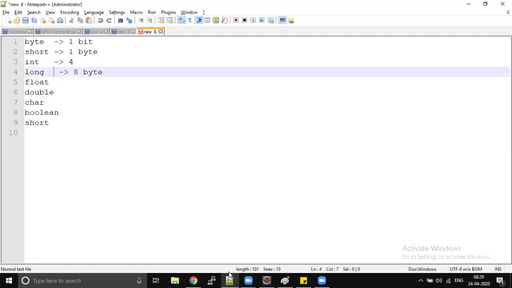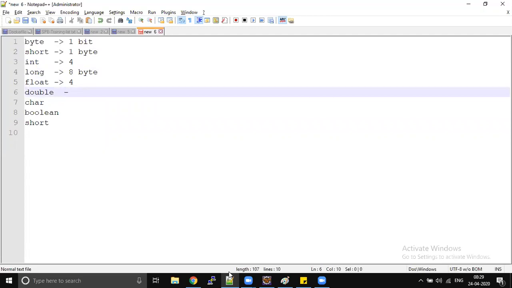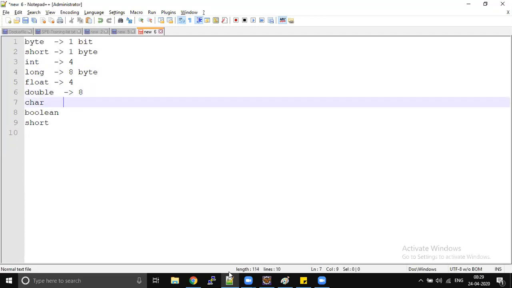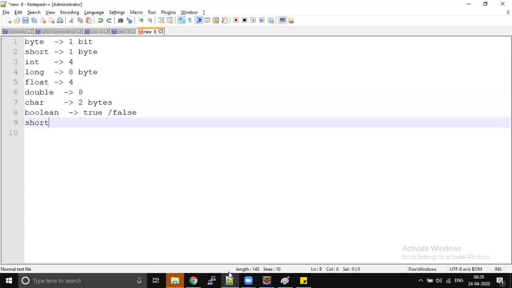If you are using floating type, then 4 bytes. Double, it's again 8 bytes. Char, again it's 2 bytes. Boolean, it's a constant actually. Only allowed values for boolean are true and false. Short again, it's 2 bytes. So this is how the memory is going to be allocated in Java.